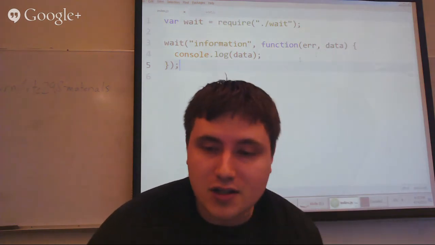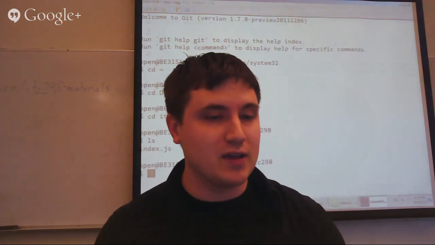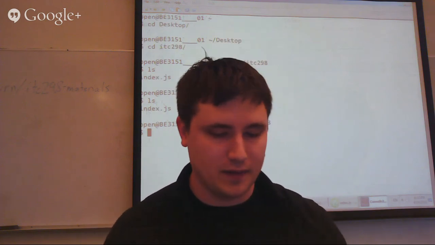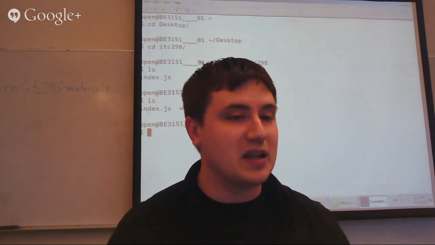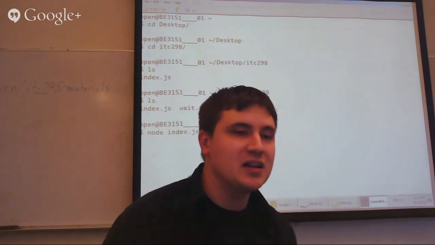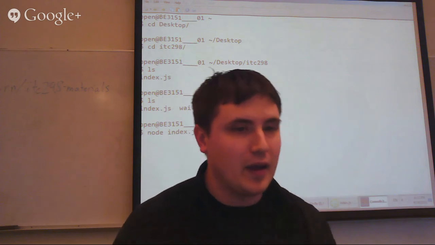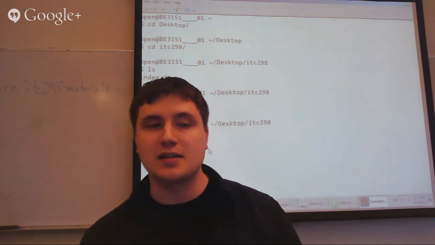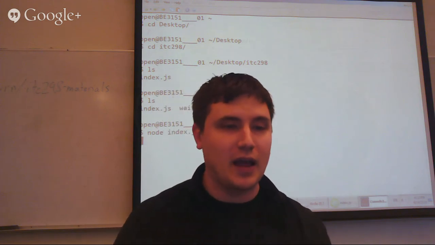So back on our console, in the directory where we saved this file and using ls, I can see that yes, I do have these 2 files here. I can now run this by saying node index.js, meaning start the node interpreter and feed it the index.js file. That will in turn require wait.js. It'll use the wait function. And we should see after a second,